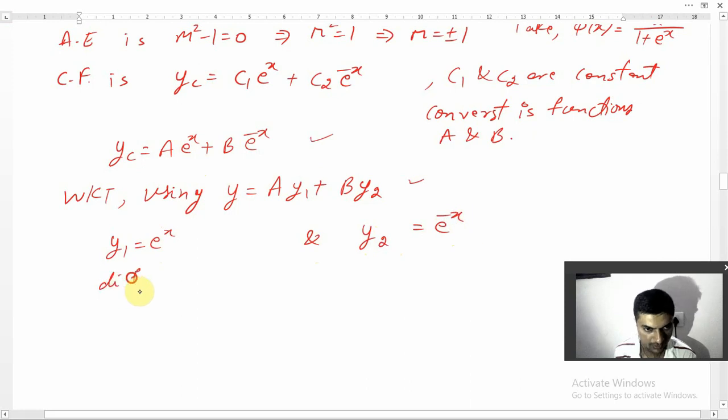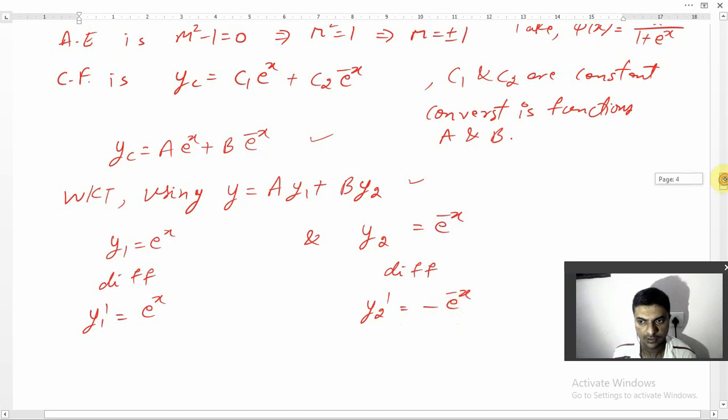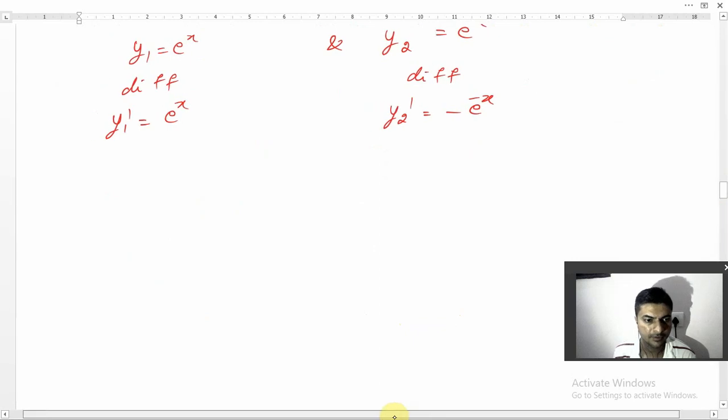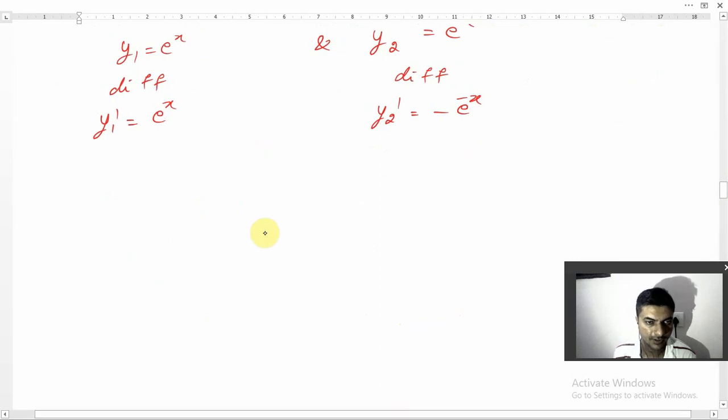Immediately differentiate this, friends. We go to step 2. Differentiate: y1 dash, differentiation is e raised to x itself. y2 dash is equal to minus e raised to minus x. Yes students, differentiation must be easy for you all, and I believe that you are perfect in this differentiation, right? So y1 dash and y2 dash, whenever you calculate, immediately find